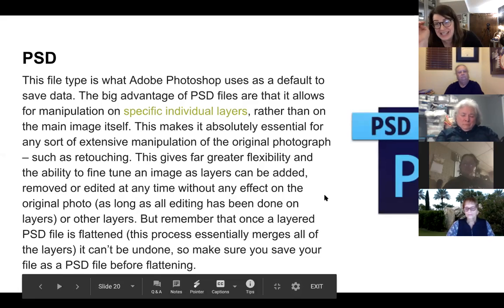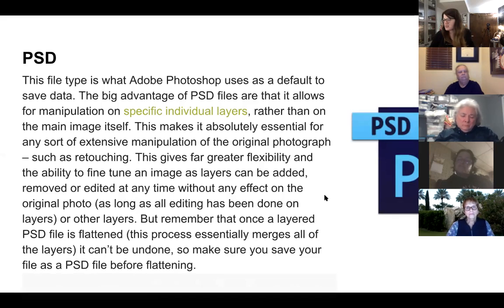And then PSD, this is a big file. I'll start talking a lot about this when we get into photo editing, because eventually your files become PSDs. JPEGs become PSDs, RAWs become PSDs, a TIFF could become a PSD, a PNG could become a PSD if you're using layers. So this is when you would have